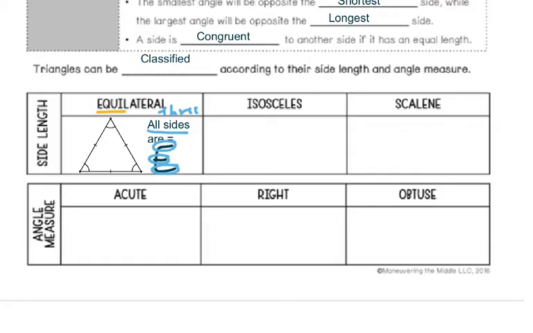Next, let's look at isosceles. In an isosceles triangle, two sides are equal as well as two angles. So you can see in this picture, these are indicated by these dashes on the sides and these angle measures. Using my strategy of remembering isosceles versus equilateral, if you draw a capital letter I, we have these two lines that are congruent or equal, and so I match that capital I with two equal pieces to isosceles with two